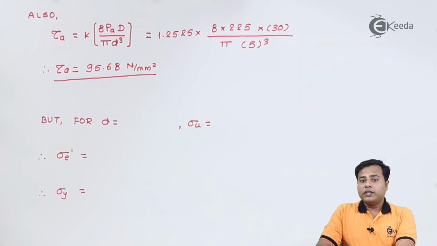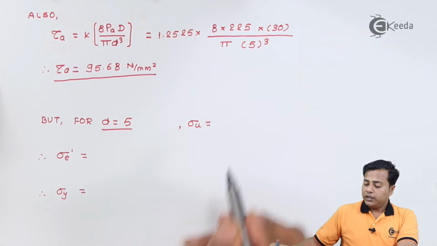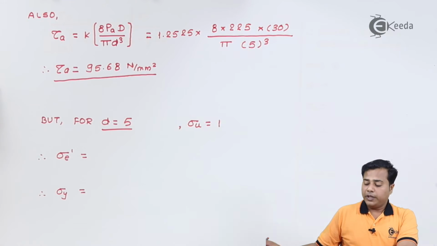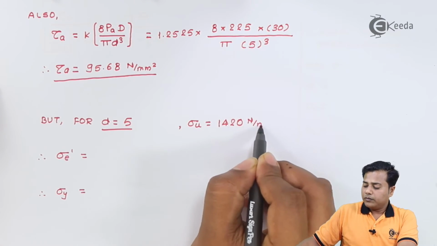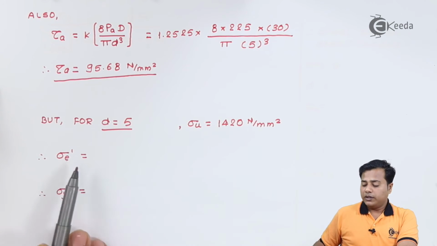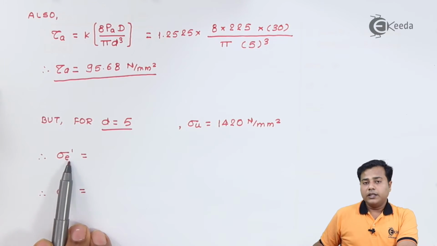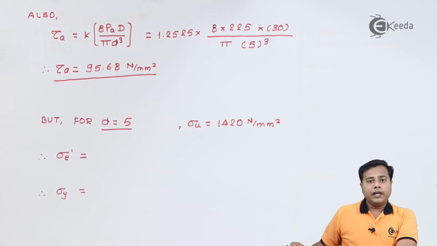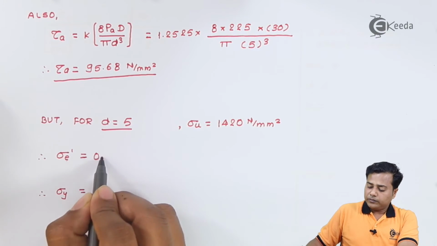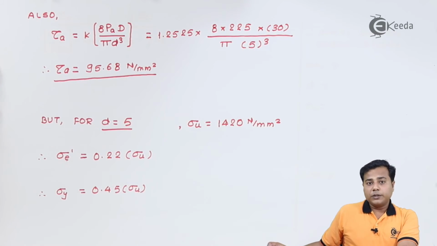Generally, our curriculum is expected to find out only factor of safety, not more than that as far as this particular example is concerned. So we know that the diameter of wire that we have assumed so far, the value of sigma u comes out to be, and therefore the values of stresses we can find out. The value is the yield value and another one is the yield value of its endurance limit. As we substitute these values,